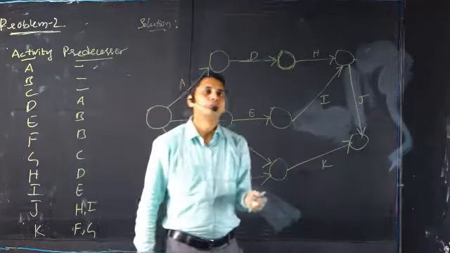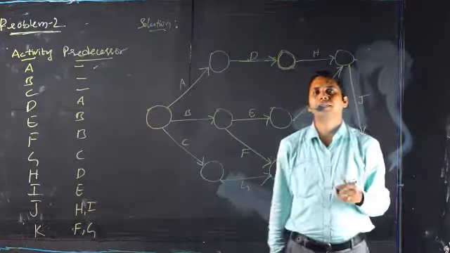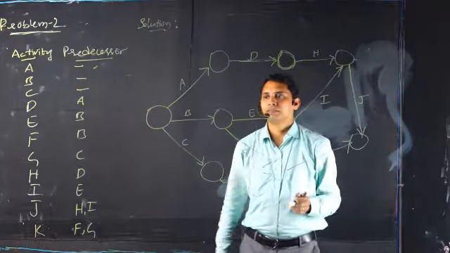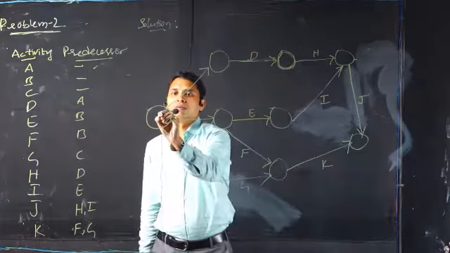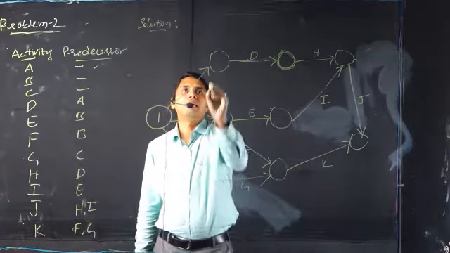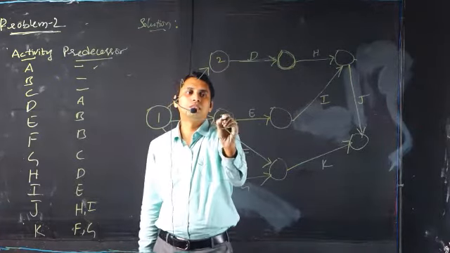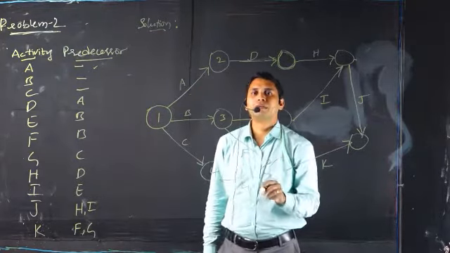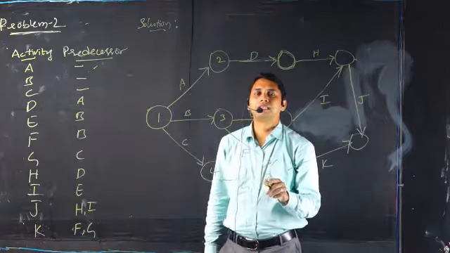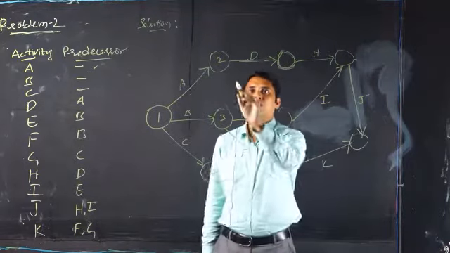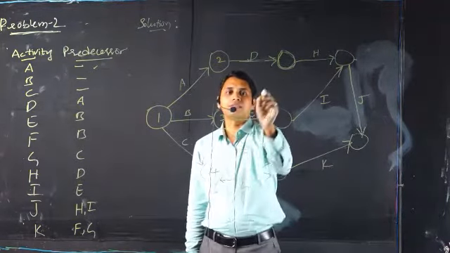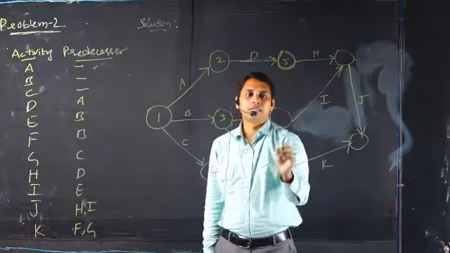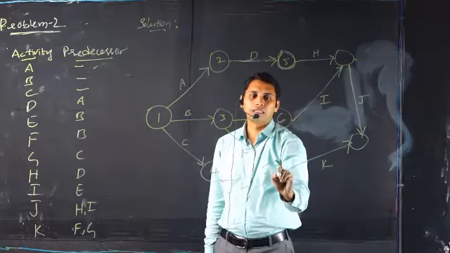Now what is the numbering rule? We have to start with the initial event, and then we start with either 0 or 1. We can give any number. So now let's start with 1, and then 2, 3, 4. Tail event must be given the lesser number than the head event. Now 2, 3, 4 are given. Now here let's say, for example, let's give 5, and then we can give 6, and then 7.